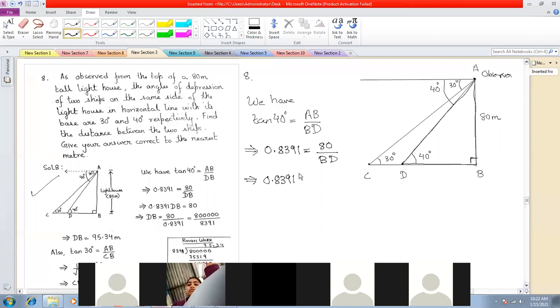So 0.8391 BD is equal to 80. That means BD is equal to 80 divided by